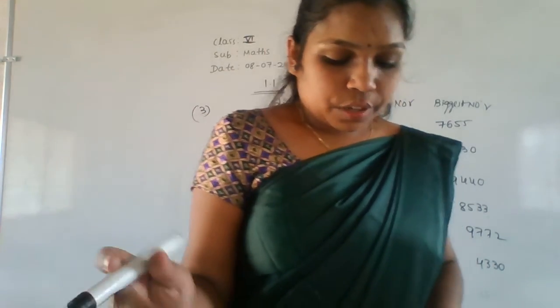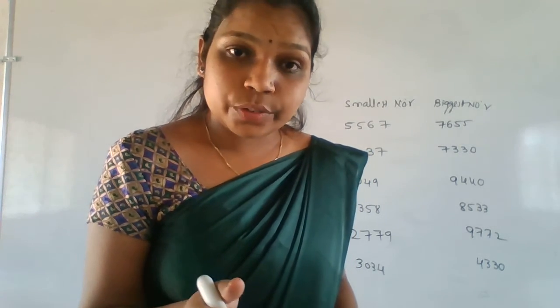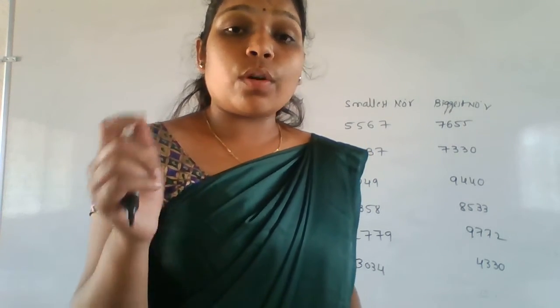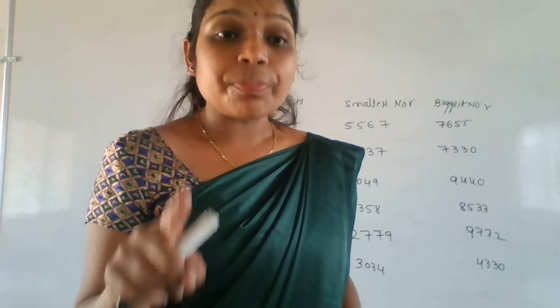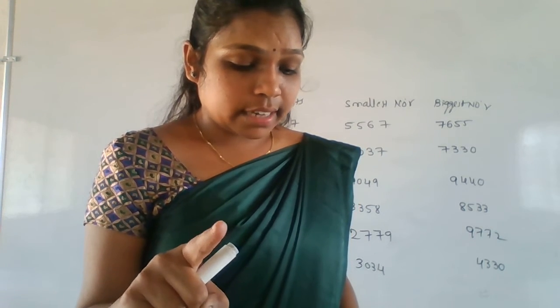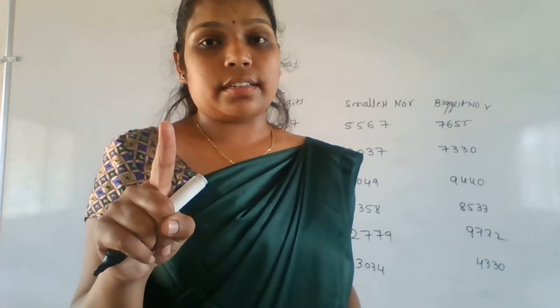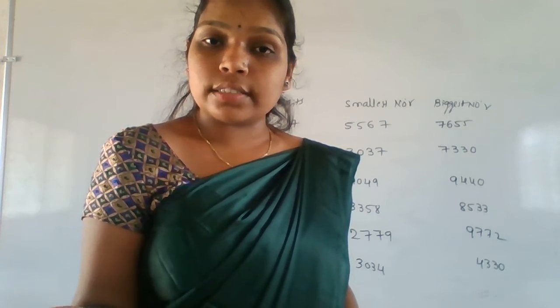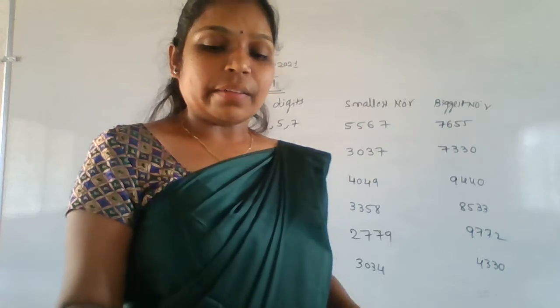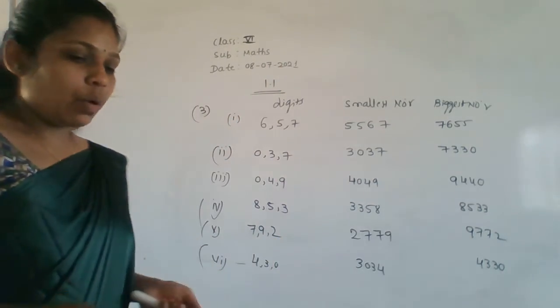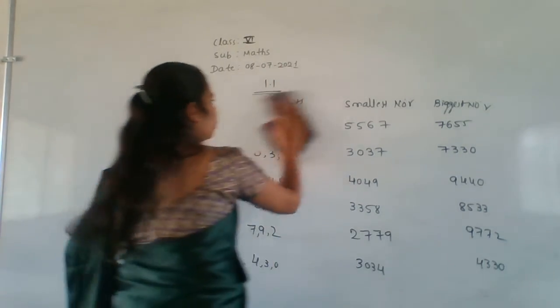So you can use any 4-digit numbers here and you have to form the largest as well as the smallest. And one more condition is given here, that is nothing but the 6 is always present in the ones place. Like that you have to form the smallest and biggest number. I'll tell now, fourth one.